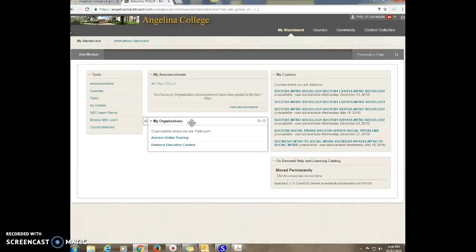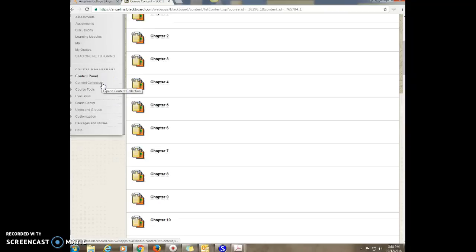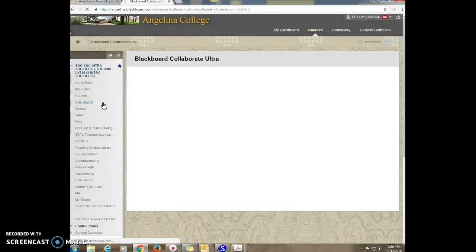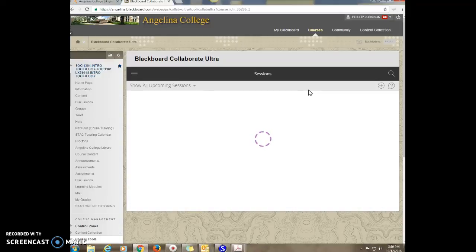All right, so once you're in your Blackboard, go ahead and pick the section that you're wanting to have a session in, and you can scroll down, and if you look to Course Tools, you can expand that and you will see the Blackboard Collaborate Ultra option there. Once you click on that, it's going to actually load and take you to the session, or actually the room